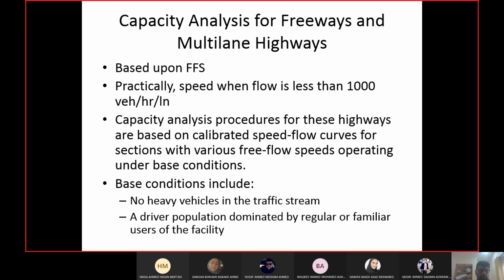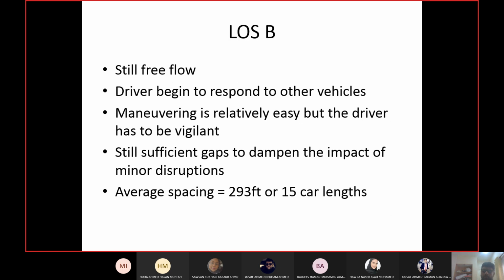Same thing with unfamiliar drivers as well, or new drivers. If you have a new driver, then you are unfamiliar with all the highways, right? But even experienced drivers can be driving on some highways for the first time, so they are unfamiliar for them. In any case, when you are driving on a highway which is new for you, you are more cautious, slower, taking more time to make your decisions and so on. So again, you will reduce the speed and the flow. So having no such drivers will have maximum capacity. So no heavy vehicles and all commuter drivers will have the maximum capacity.